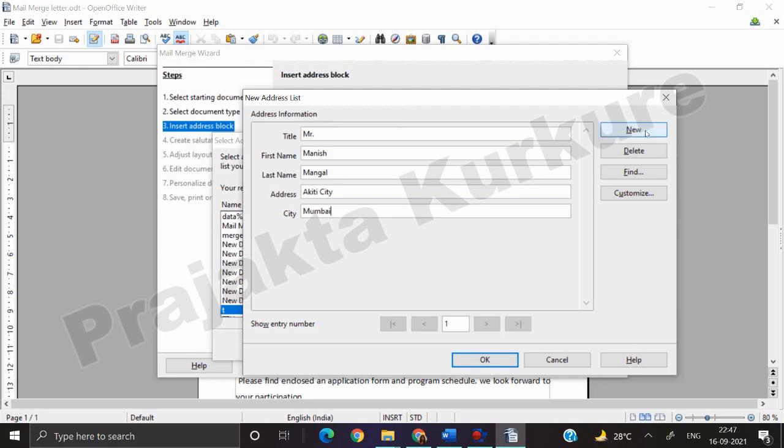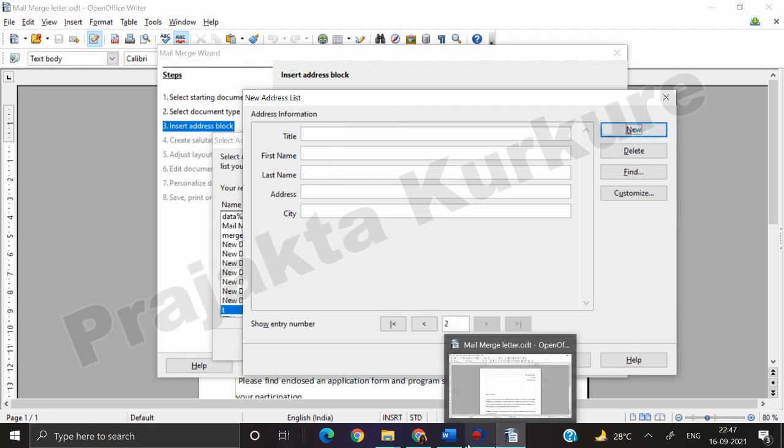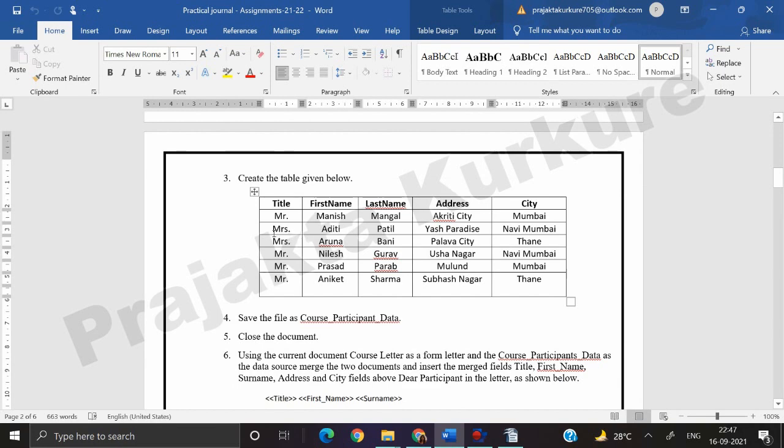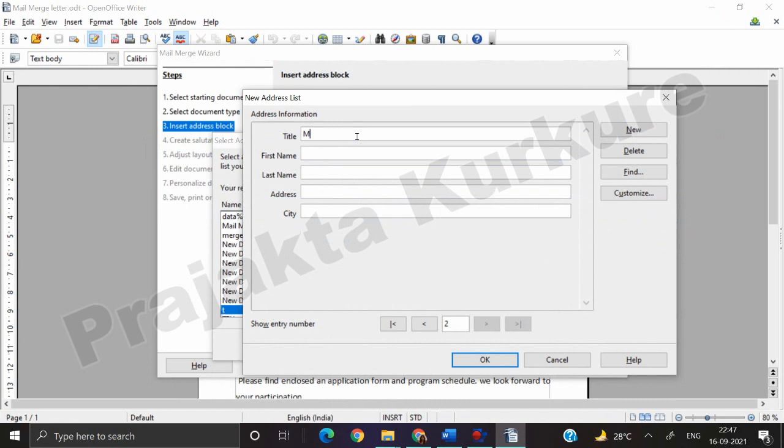And then you can click on the new option. Then again you will go and see the second record, and you can fill in the second record. Then I can again click on new.